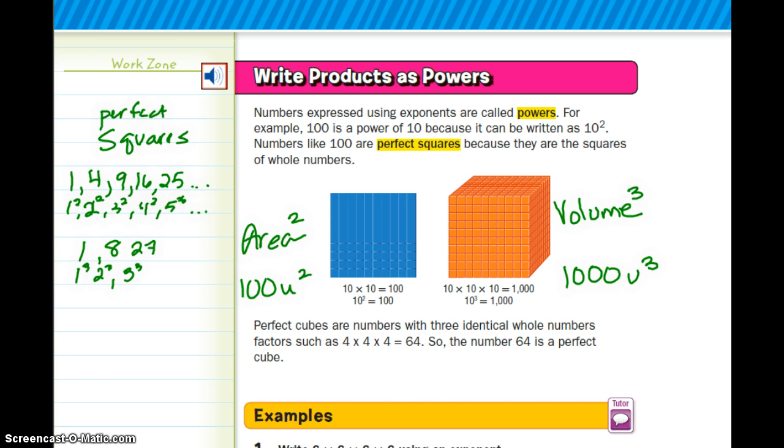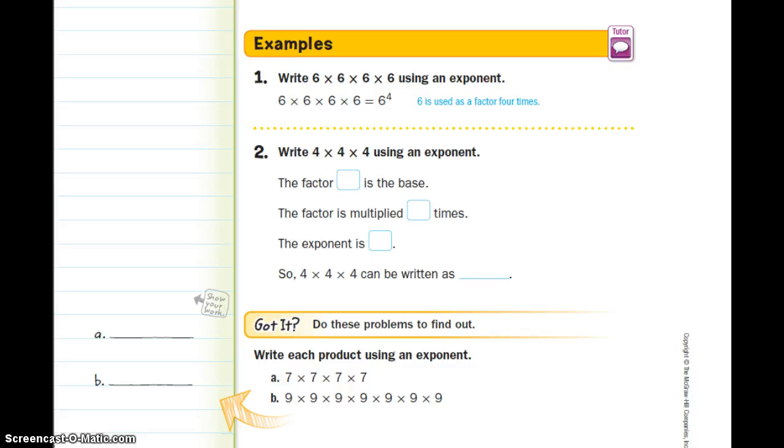Alright, let's look at the examples. When it asks to write a number in exponential form, you're going to have a base and an exponent. In this case, we have 6 times 6 times 6 times 6. There are 4 of these guys. So that's 6 to the 4th power. We're now going to write 4 times 4 times 4 using an exponent. We know the factor 4 is the base. The factor is multiplied 3 times, therefore the exponent is a 3. And we would write that 4 to the third power, which can also be written as 4